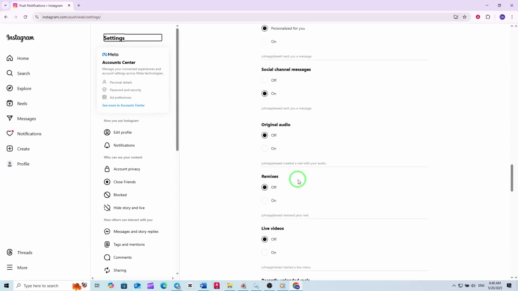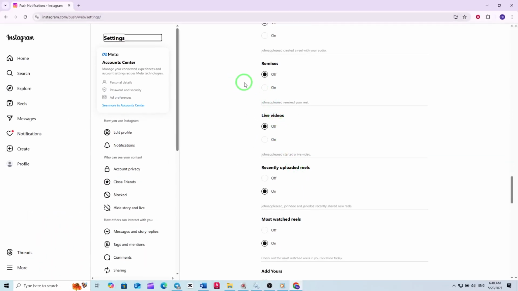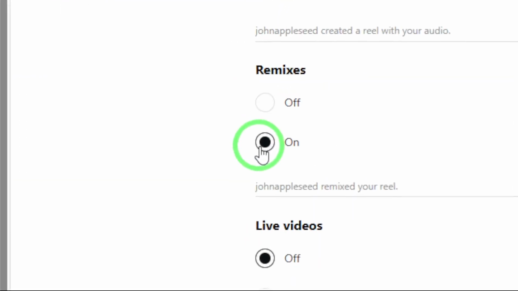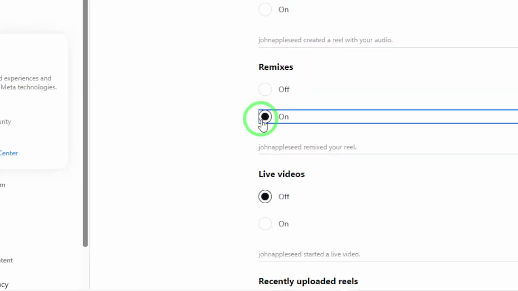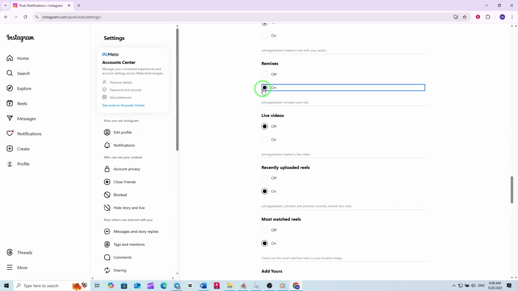Click on it, and you'll see a few choices. To make sure you get notified, select On. That's it. Now, whenever someone remixes your reel, you'll get a notification right on your desktop. This is perfect for creators who want to engage with their audience and keep track of how their content is